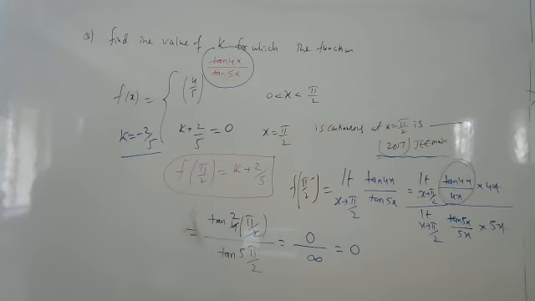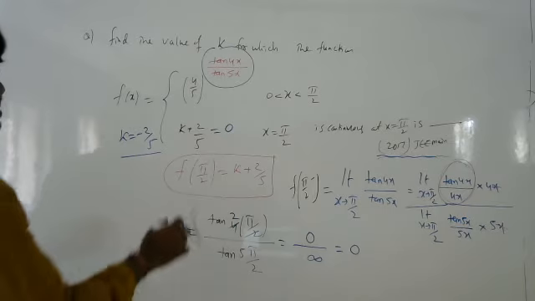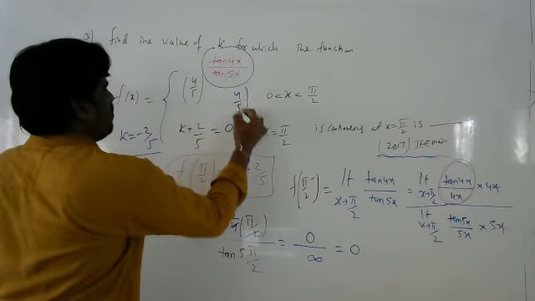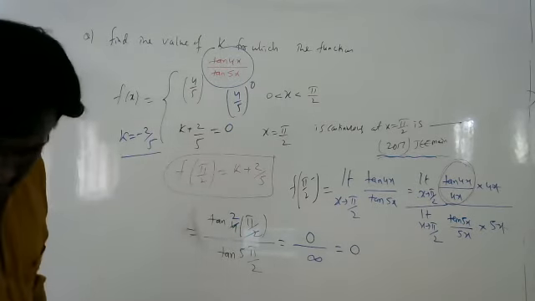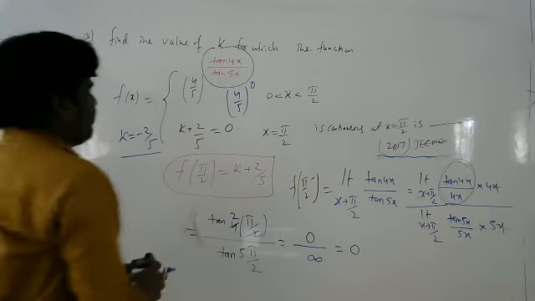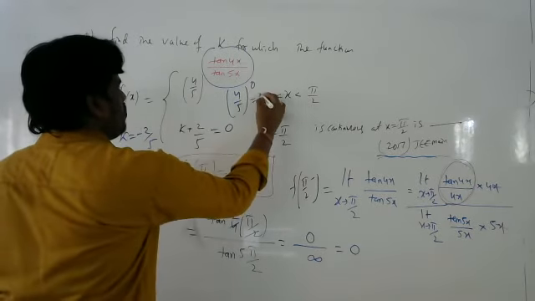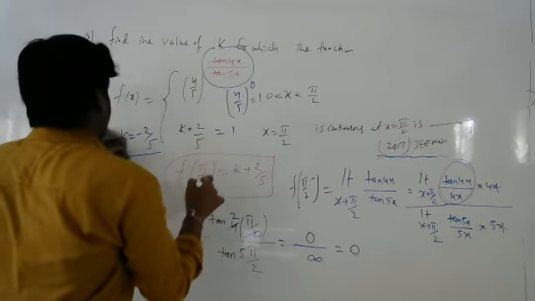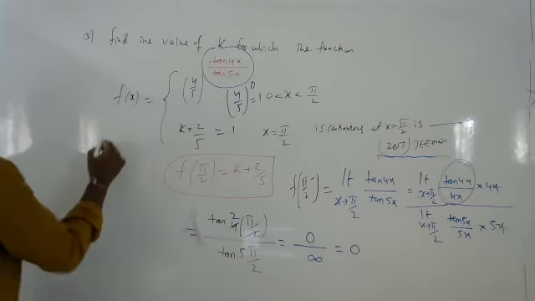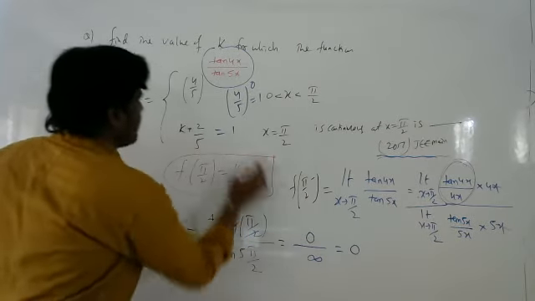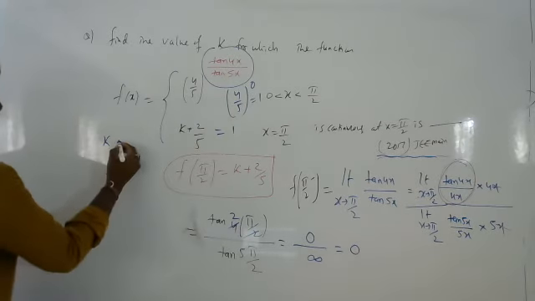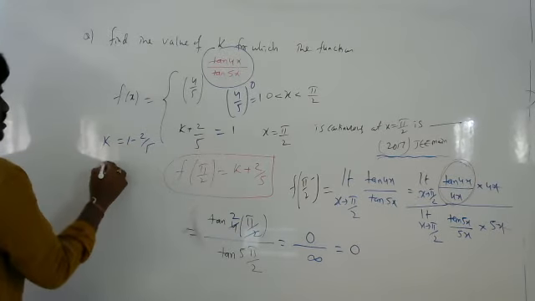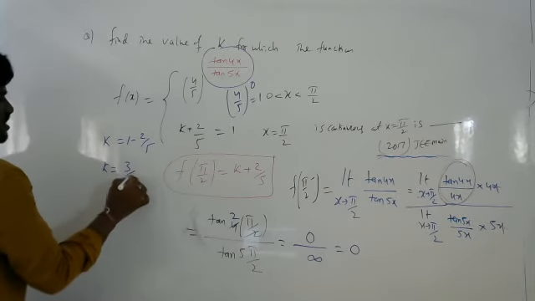So it is 4 by 5 whole to the power of 0. Oh, right, sorry. Yeah, you are right. So I get 4 by 5 whole power 0, which is how much? 1. So the limit value will be 1. Good observation. I forgot; when I solved this one, I thought it was solved for LHS. So K is equal to 1 minus 2 by 5. So K is equal to 3 by 5 is the answer.